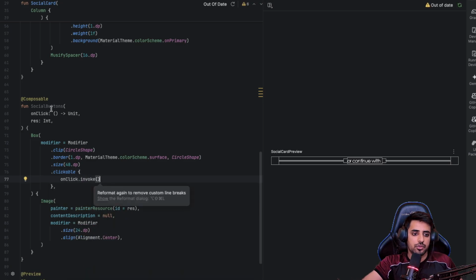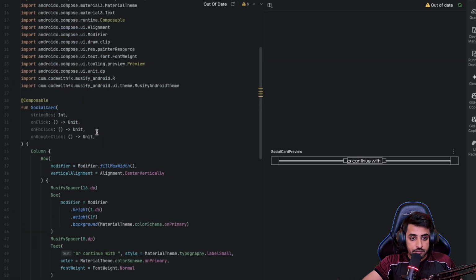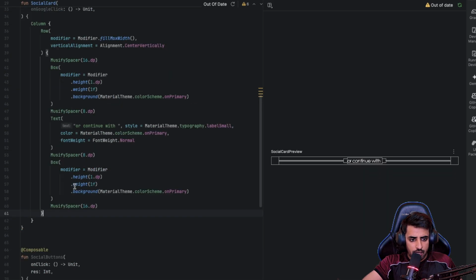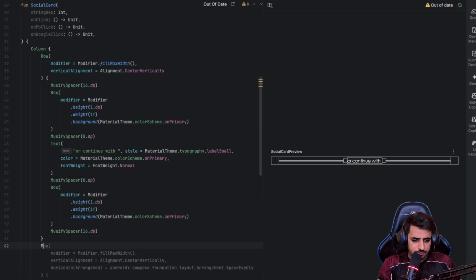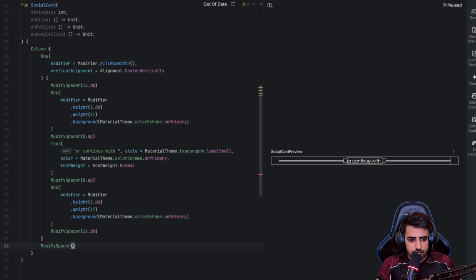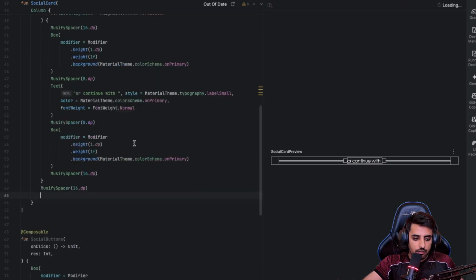Which means that now the social button is basically clicked. And now inside over here, after this Row, we'll add a spacer. That's one thing. And now we'll be creating a Row